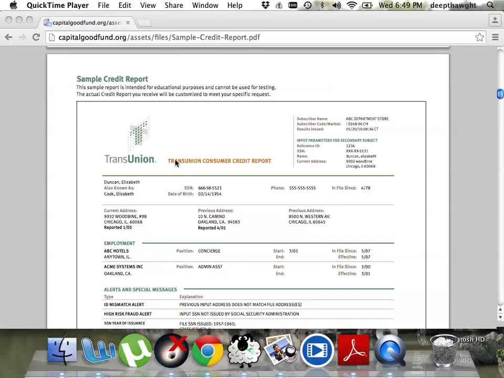All right, welcome to a free demonstration of how to read a credit report brought to you by killbadcredit.com. This is a complimentary sample credit report by TransUnion. TransUnion Consumer Credit Report Sample. This is the property of TransUnion, and all I'm doing is giving you a quick demonstration of how to read